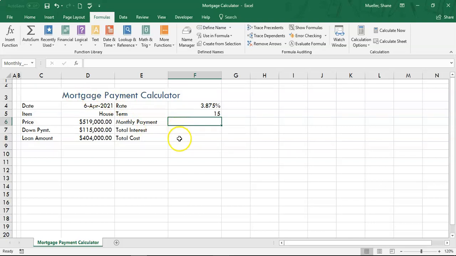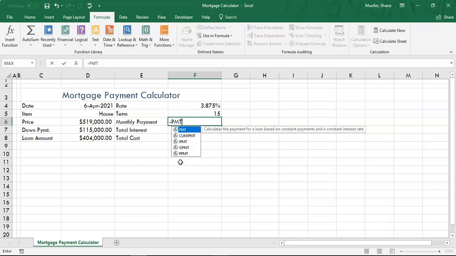we're going to type the function minus PMT. We're doing a minus PMT because if we did PMT, it's going to return how much our payment would be as a positive number. However, we want our monthly payment to be a negative number because we're actually paying that much out. So we need to enter it with the opposite operator to start. So equals minus PMT, open parentheses,